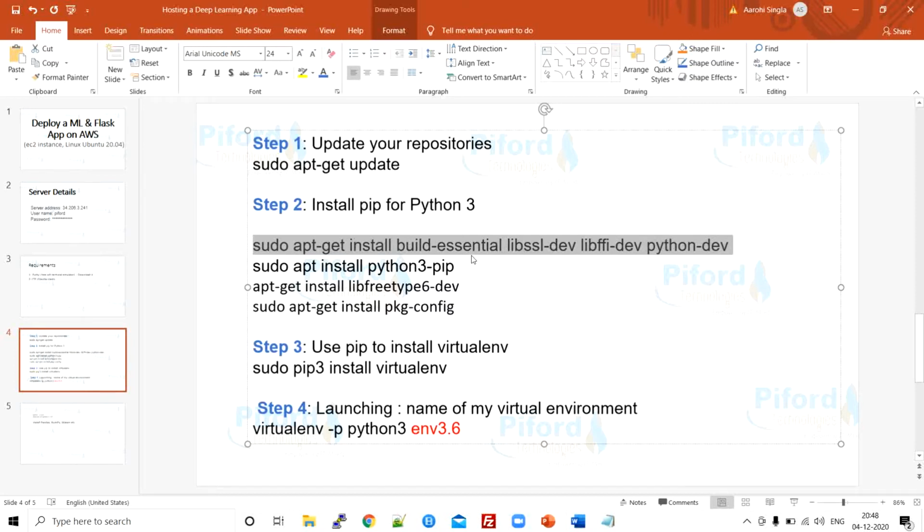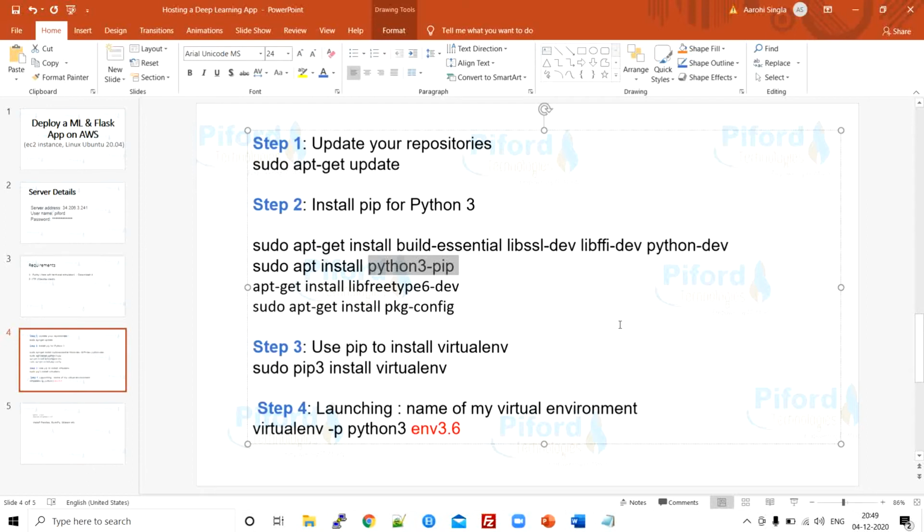Don't worry guys, I'll write all these commands in the description section. You can directly copy from there whenever you want to try them. All right, so these are the dependency modules, so you need to install them first, and then I'm installing pip over here, right? We need to install pip because with the help of pip only we are going to execute the other installation things, right?